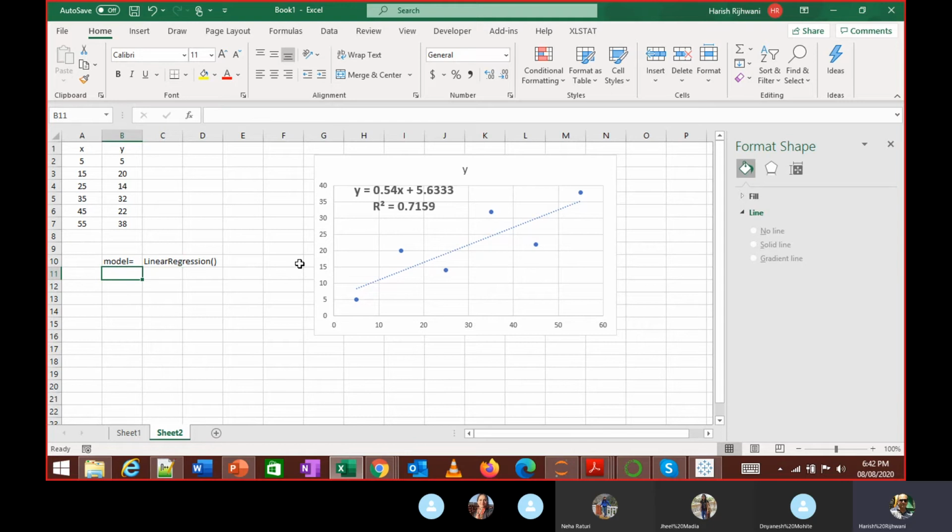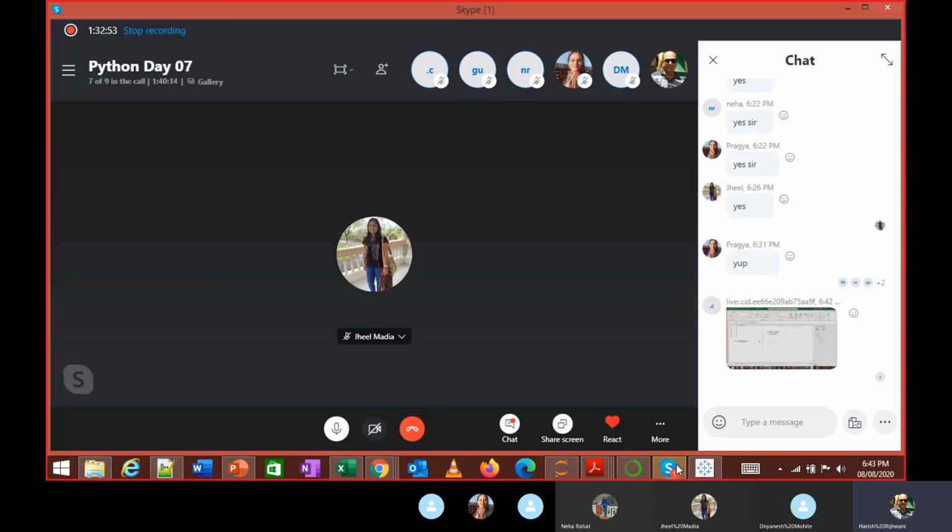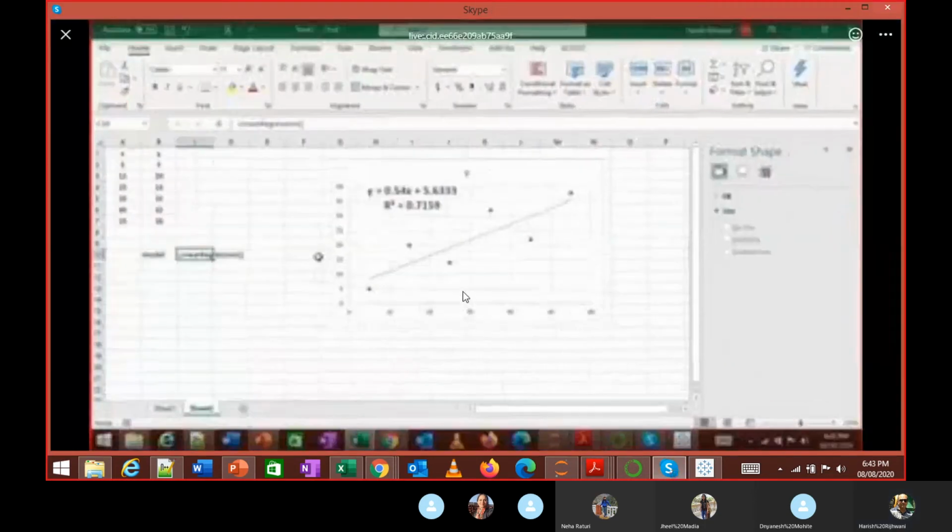Then I am fitting these values. When I do model dot fit, I am passing the value of x comma y. When I pass the value of x and y, I get this line. Why? Because when I fitted these two lines, I get the R square value also.